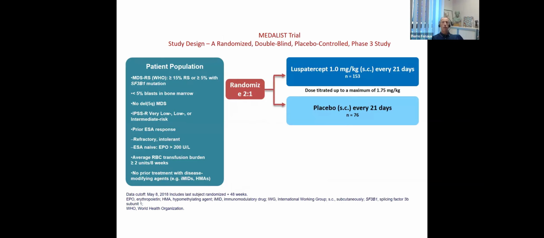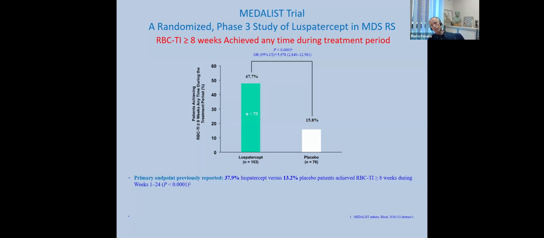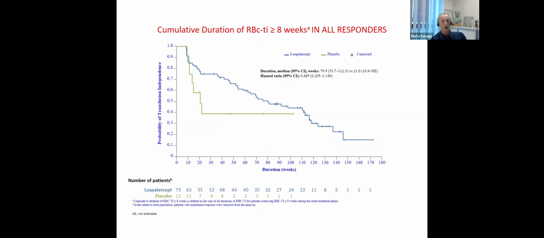The effect of luspatercept was demonstrated in a phase 3 trial, once again randomized, luspatercept versus placebo, in patients who are resistant to EPO. Those were patients with MDS with ringed sideroblasts, those patients, as I showed before, who have the SF3B1 mutation. I'm not going to go into detail. Once again, 15% response in the placebo arm and 47% response in the treated arm, so a clear advantage. And 80% median response duration in the luspatercept arm. And as you can see, the response in placebo is not a real one,